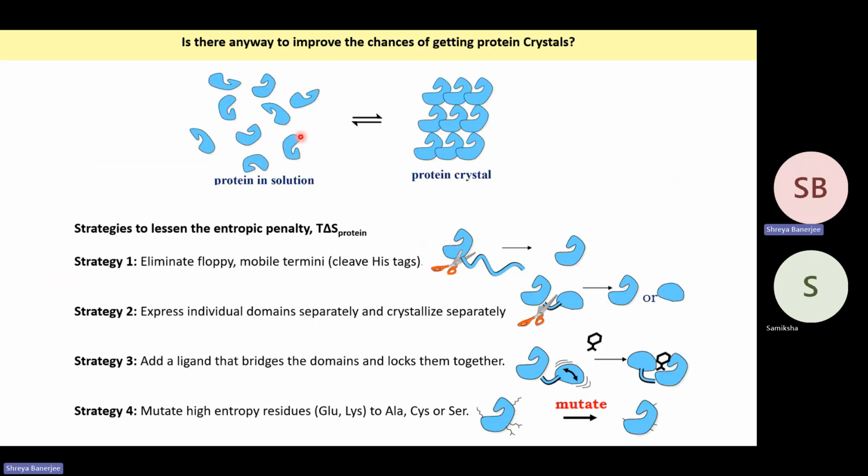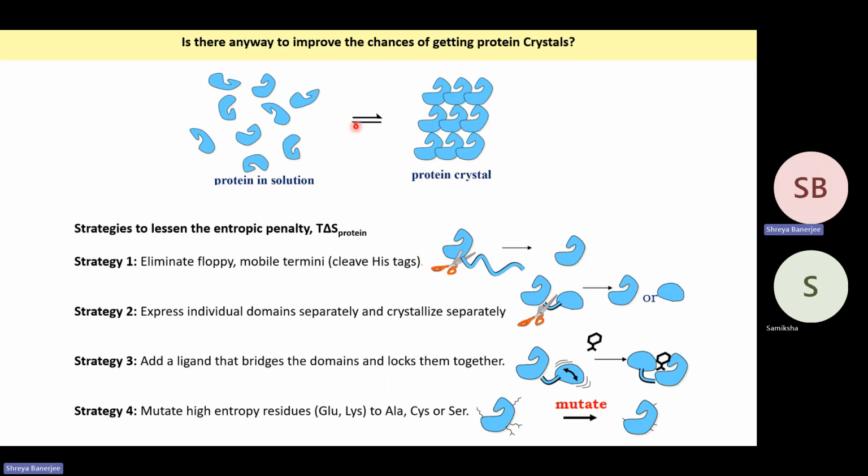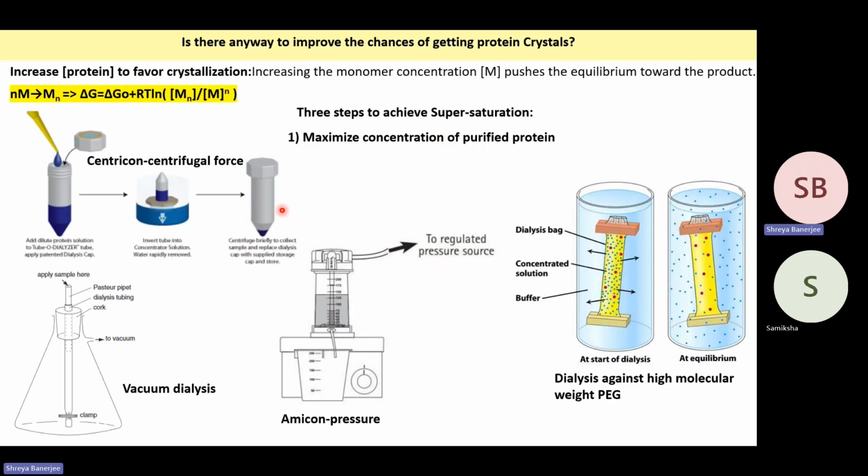Now, another way is that we can increase the concentration of protein to favor crystallization. So this equilibrium that is there, if we can increase the concentration of this side of the equilibrium, it will be pushed to the right. And that can be done in different ways. One is